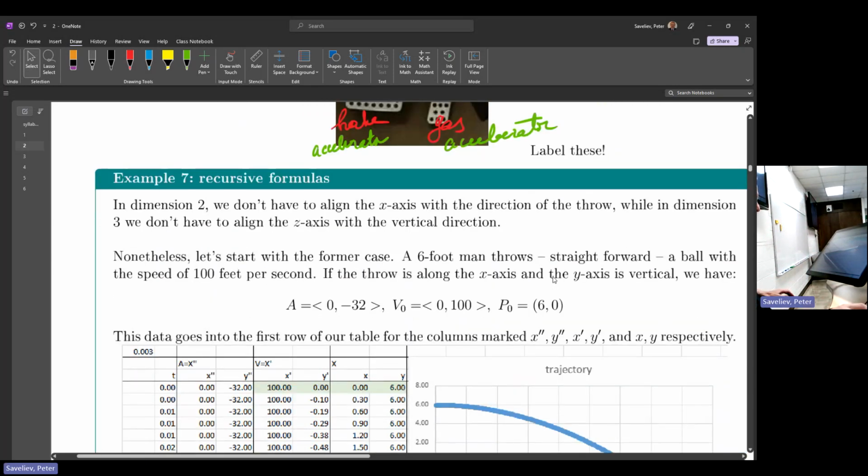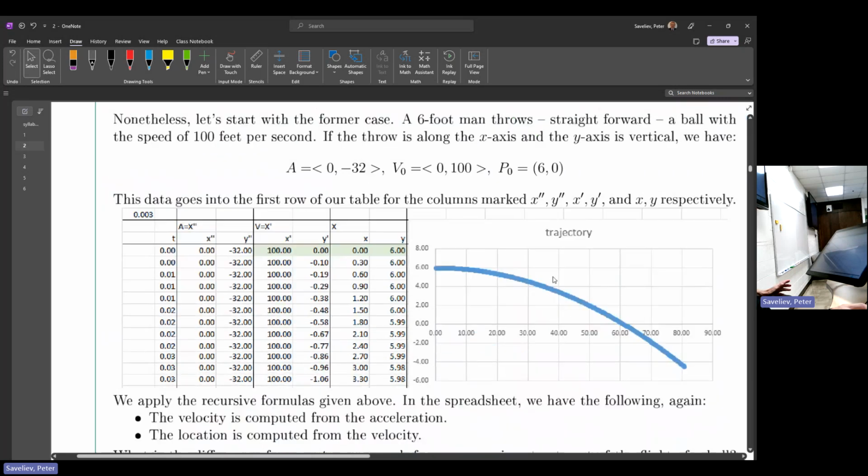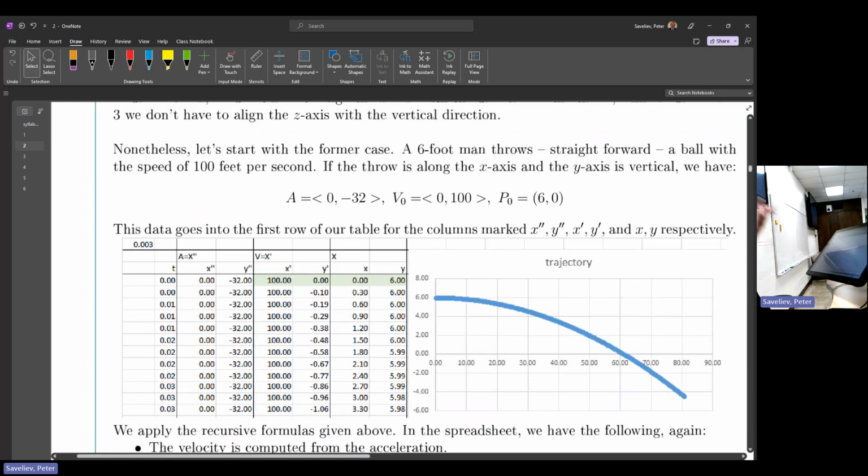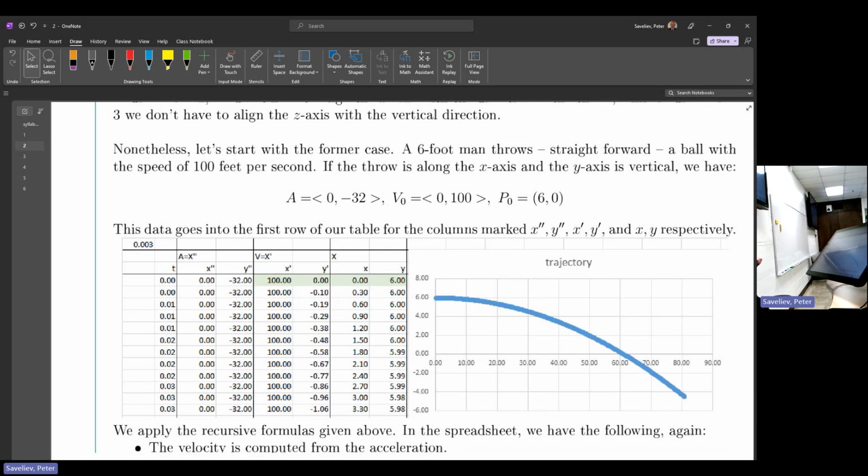Okay, so once again, recursive formulas. That's what I just explained to you, right? So if the x double prime, y double prime are unknown, and as you can see here, they are. X double prime is 0, no force, and forever. No force in the horizontal direction. In the vertical direction, negative 32